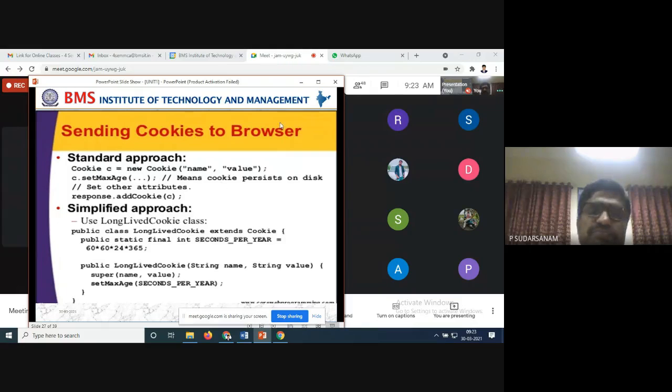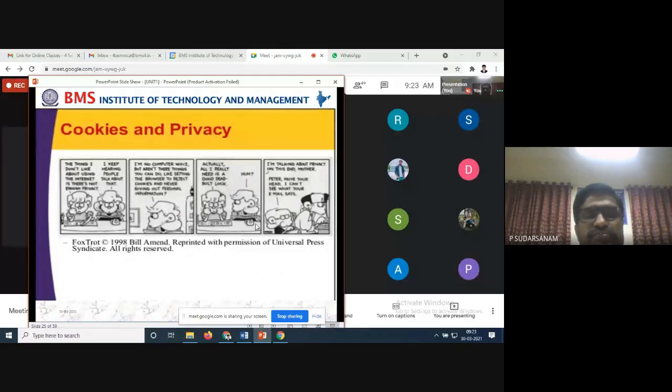Any doubts about today's class? No, sir. Okay, so here is what we have done in today's class: generating bigger prime numbers, and how the header formats change when you refresh. And with respect to cookies and privacy, we should know cookies are also just a file, for example, usernames and passwords.